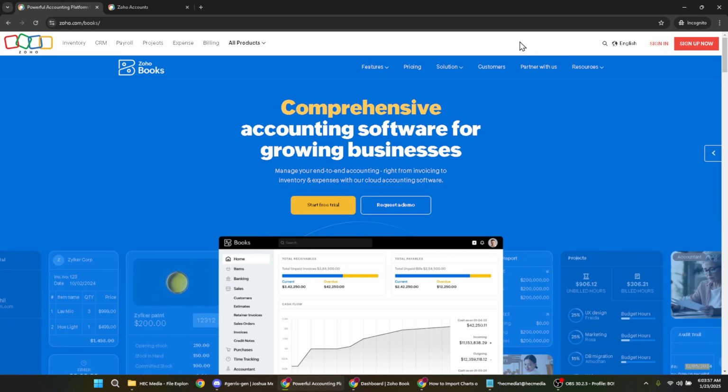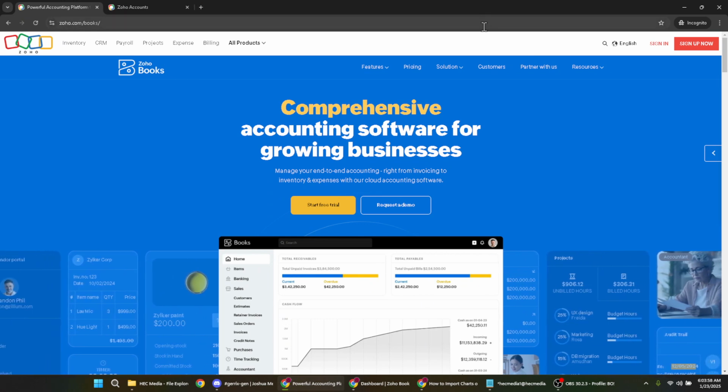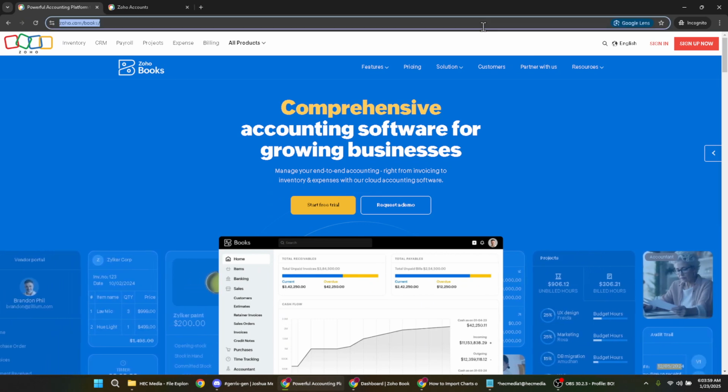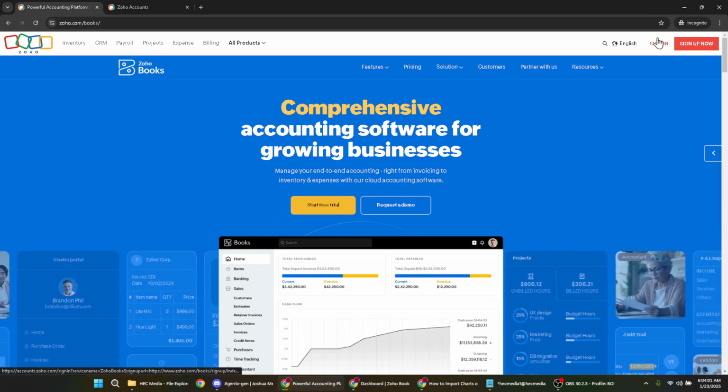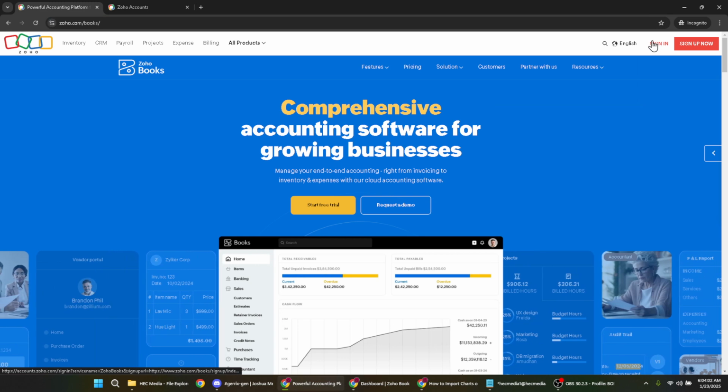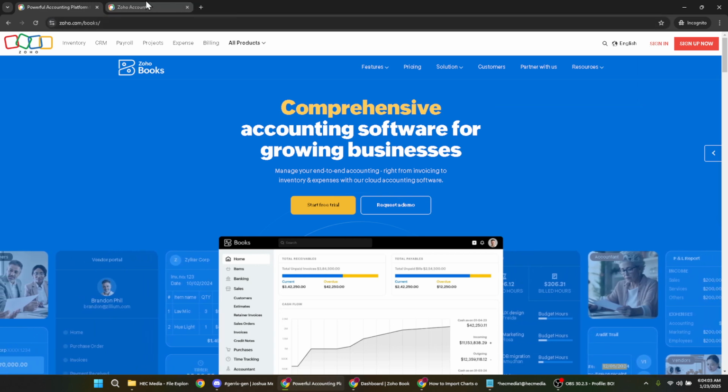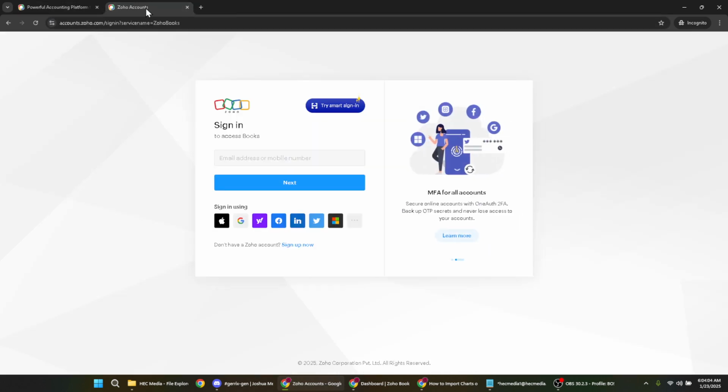First, let's begin by signing into Zoho Books. You'll want to head over to the login page and click on the Sign In button. For most users, selecting the Google option is a handy choice if you're already integrated. From the resulting drop-down, choose the Google account you use for Zoho Books. Now, it's important to have a bit of patience here. Depending on your internet speed, the loading time might vary, but rest assured it will bring you to the main